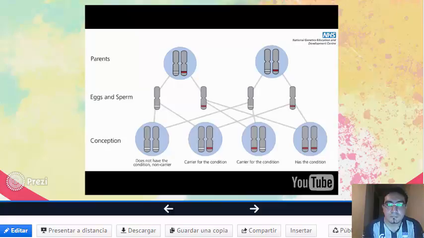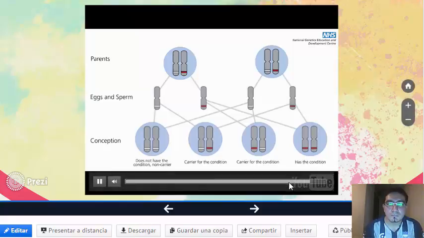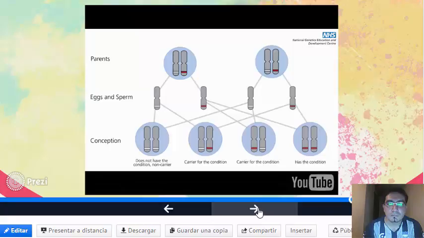As each one of the 4 possible outcomes shown here is equally likely, in each pregnancy there is a 1 in 4 or 25% chance that a child will inherit the autosomal recessive condition. It can sometimes be important to explain to parents that, as chance has no memory, the 1 in 4 probability of inheriting 2 copies of the altered gene for the condition applies each time 2 parents who are carriers decide to have a child, irrespective of how many children they may already have who have or do not have the condition.